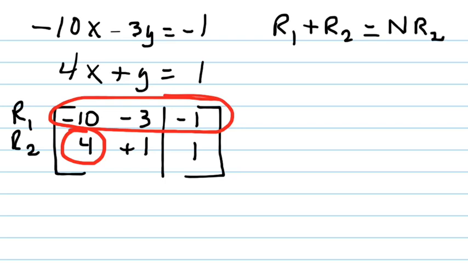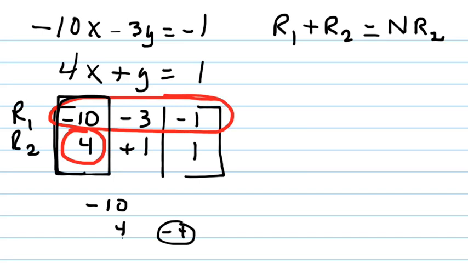Okay? And remember what you're trying to eliminate. We're using these numbers right here. These are the things that I want to have as opposites. So right now I have negative 10 and positive 4. The opposite of 4 is negative 4, right? I can't turn a negative 10 into a negative 4. I also can't turn a 4 into a negative 10. But I could turn them both